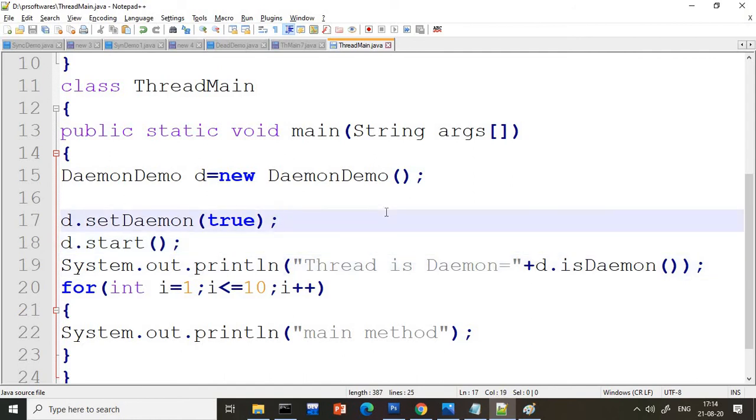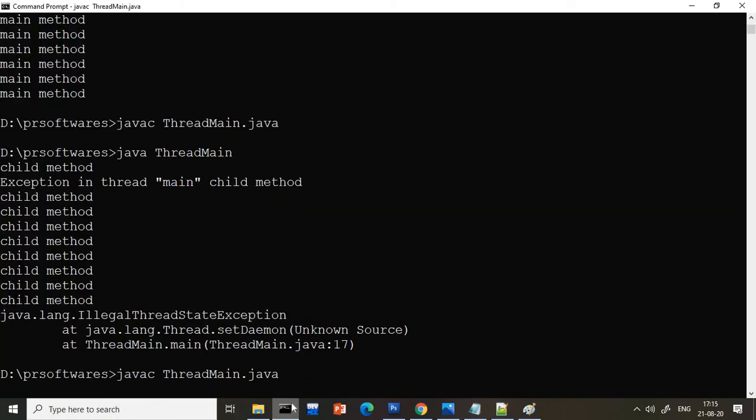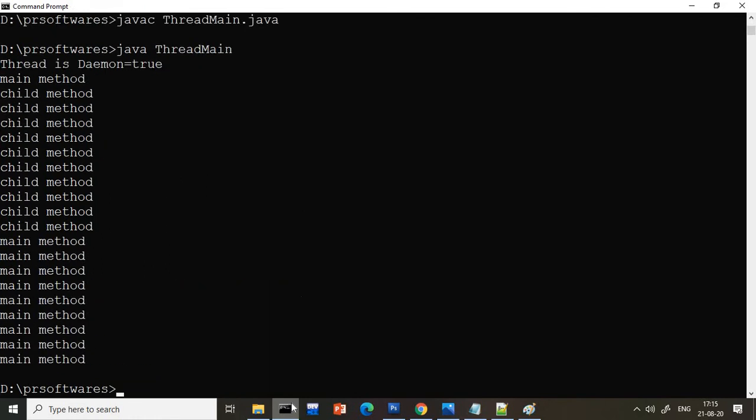Now when we write this, first we will see whether it is a daemon or non-daemon thread. Then I will explain the rest of the things. So my thread is a daemon thread. Now the twist of the program is that your child thread will work until the main thread is working.